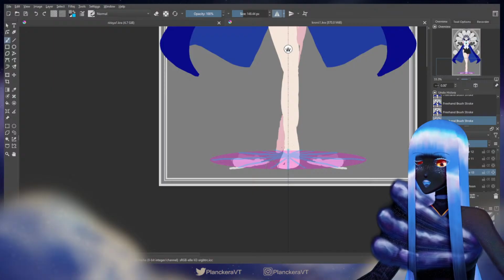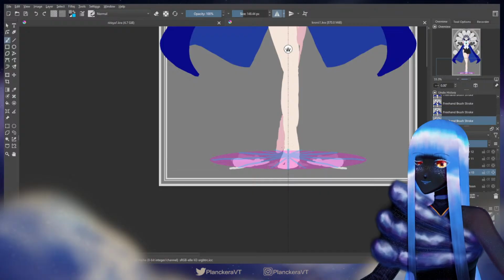Okay, I'll use this color over here too. So the head, the body. Oh no, foreshortening. And another one here, where it's kind of doing the thing.